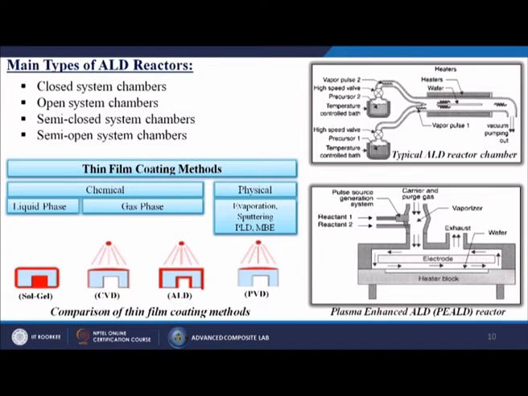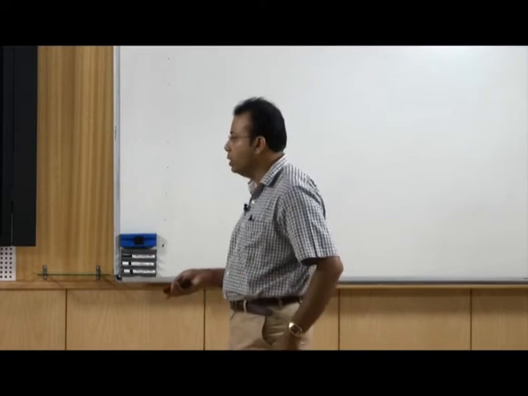Then when we go for the simple CVD methods, the CVD simply does the coatings on the top of that and also the thickness will not be homogeneous. When you go for the atomic layer deposition methods, from this particular figure you can understand that we can do the coatings all around and the coating thickness will be homogeneous at the corner also. It is conformal, and when we go for the physical vapor deposition, it is only on the top of the surface, it is not conformal and the thickness is not homogeneous.